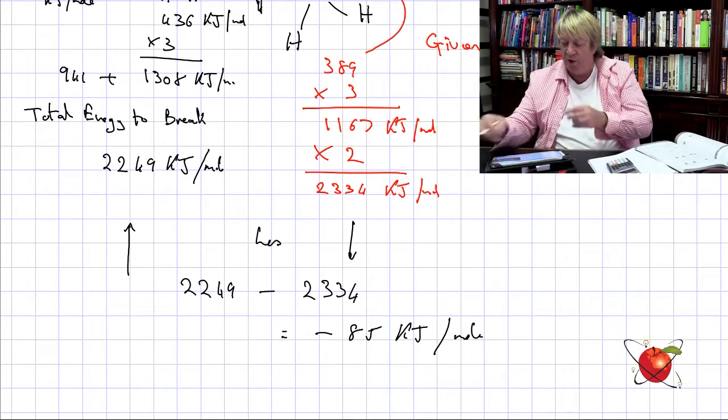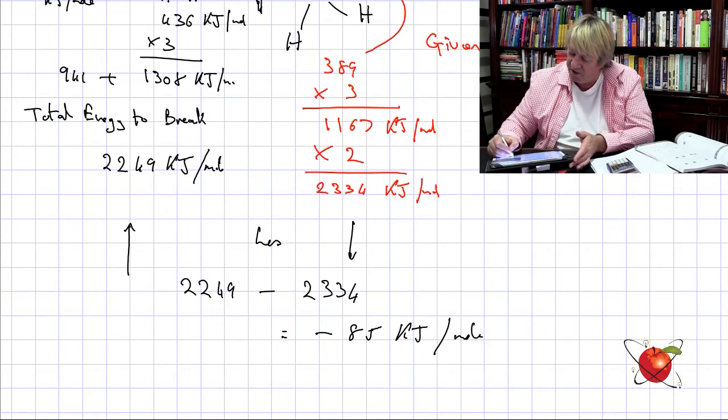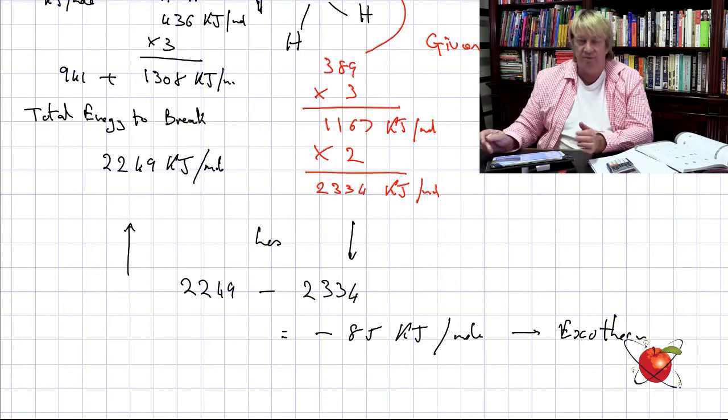Which tells us straight away that this reaction is exothermic. Right? Let's do another one of these. Let's take this one. We say, all right,